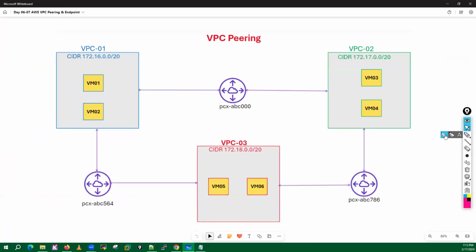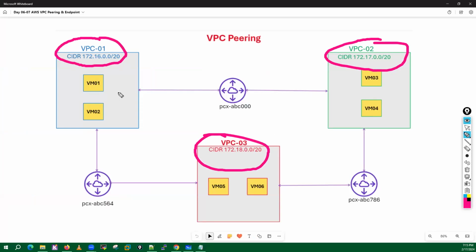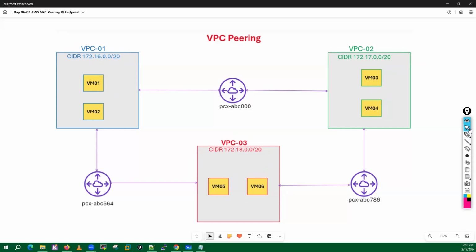I will create these three VPCs in the same region, North Virginia, and launch one VM in each. After that, I will show you how the communication is happening. This is the first lab, because in VPC peering I am going to perform around 4 or 5 practicals in total. So let's perform our first lab.